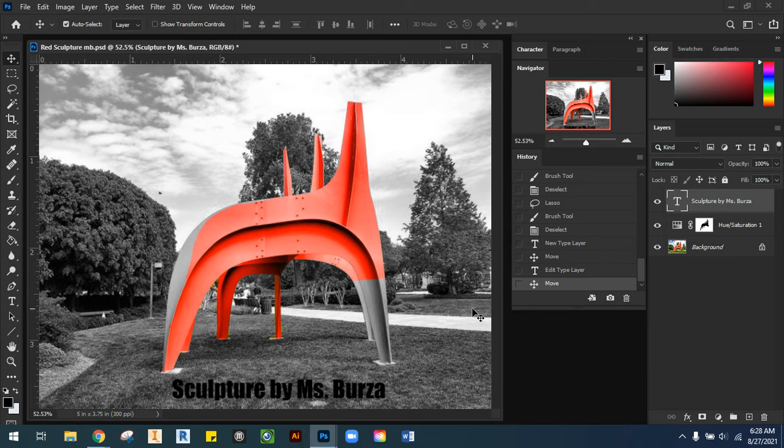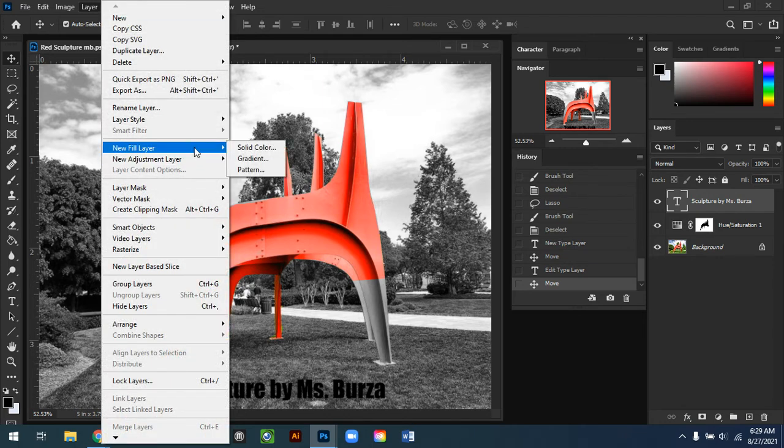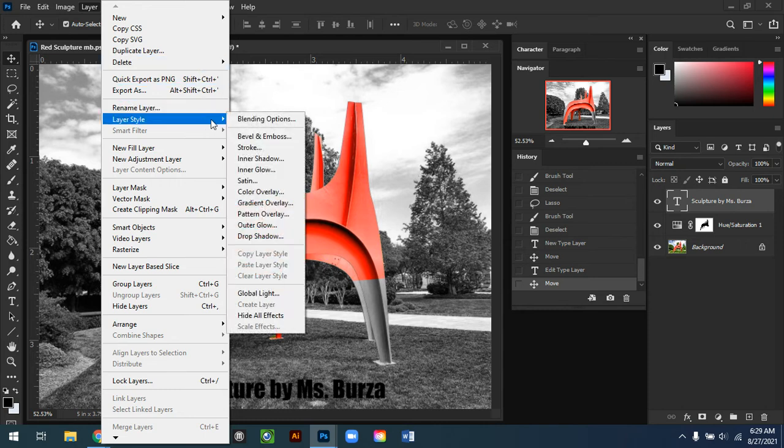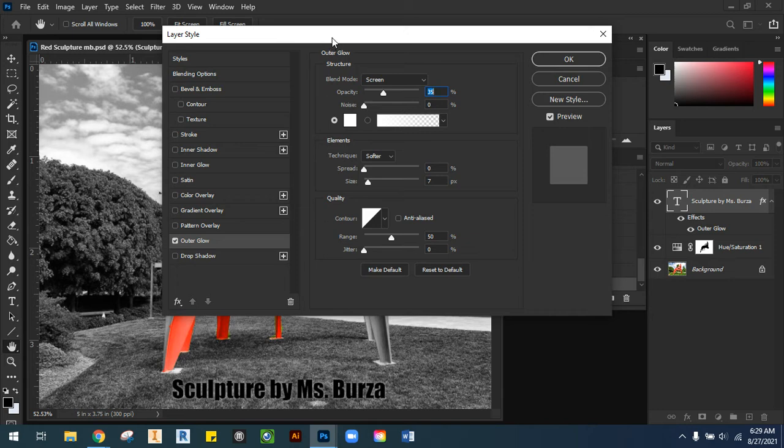Beautiful. So the next thing that we need to go ahead and do is select layer, layer style. Where are you? Right here. Layer style. And then we're going to come over and down to outer glow. And we have a dialog window that's going to pop up. And you can see outer glow is highlighted and checked on the left-hand side. Make sure that you check for this first. Otherwise, the settings in the middle section are not going to match the screenshot on your document, and it absolutely has to. So now we're going to run through the outer glow